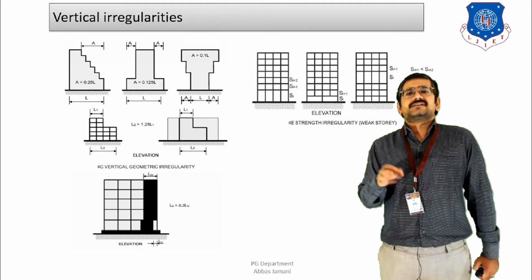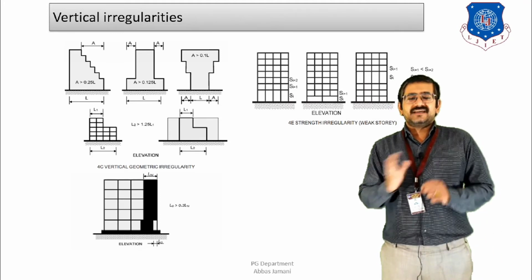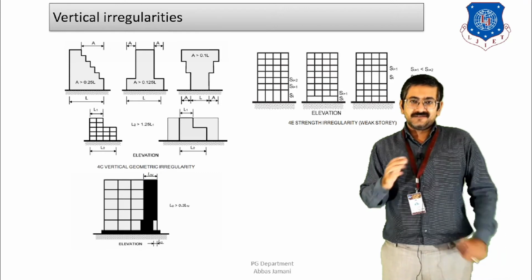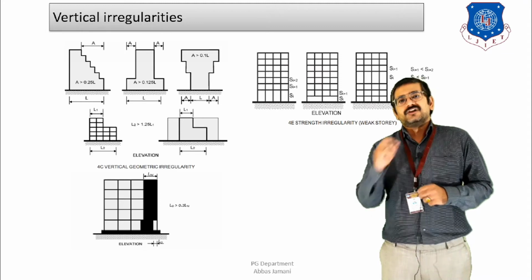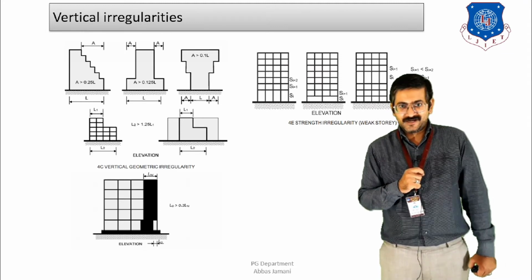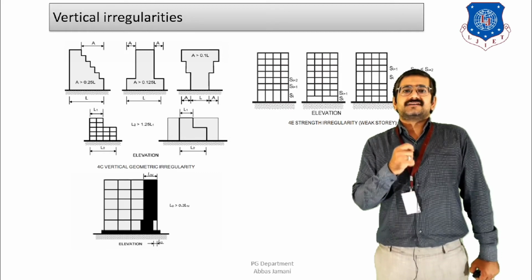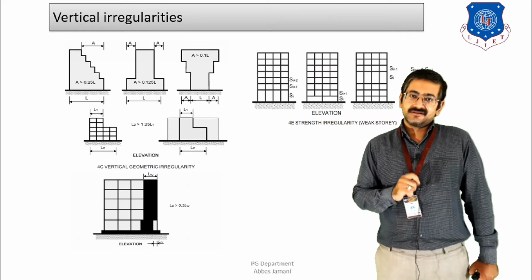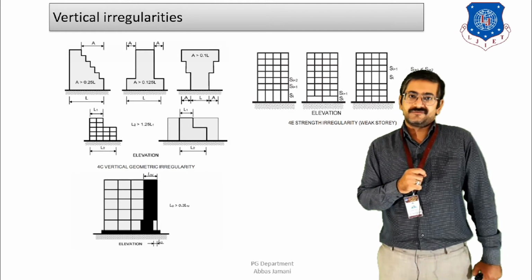Now, floating columns are also known as stub columns, right? Whenever there is an abrupt change in the geometry of the structure, that is, the length of the plan or the floor width of the plan, then the stub column is usually provided by the structural engineer, right? The code says that whenever these floating columns or stub columns are present in the structure, it will result in concentrated damage.